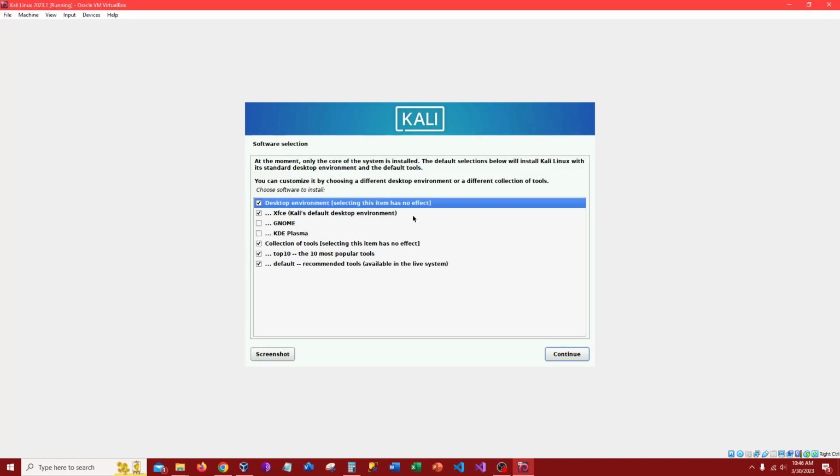Or some of like the softwares you can put on. You probably don't have to really check any of them, but just to continue. I guess the more you check, the more that gets downloaded, the longer it's going to take